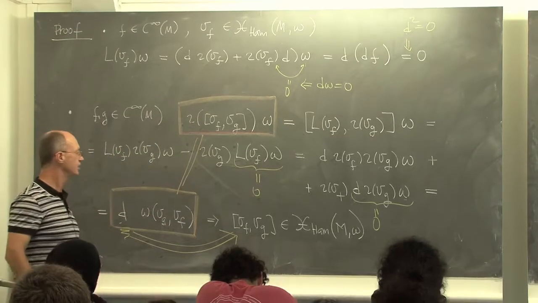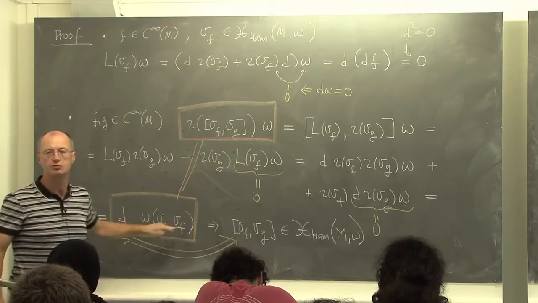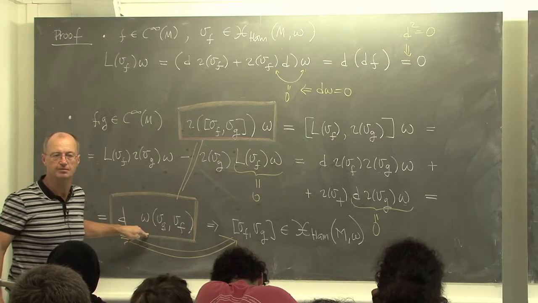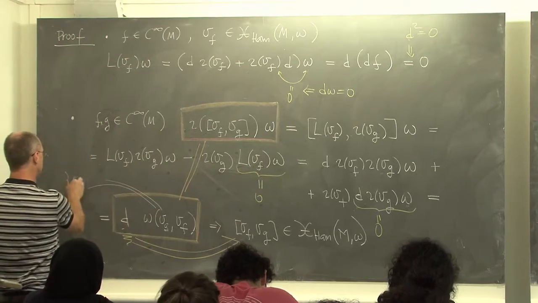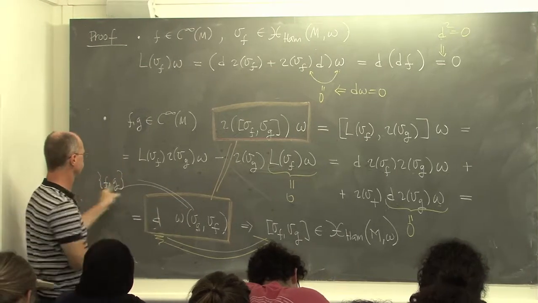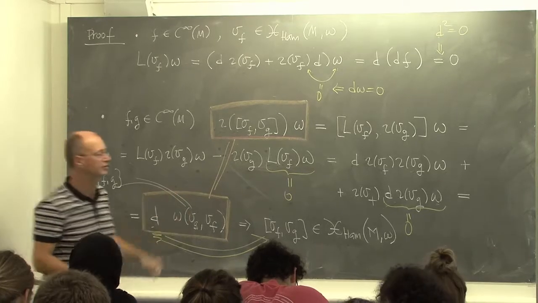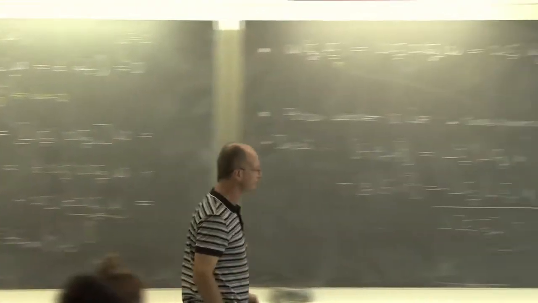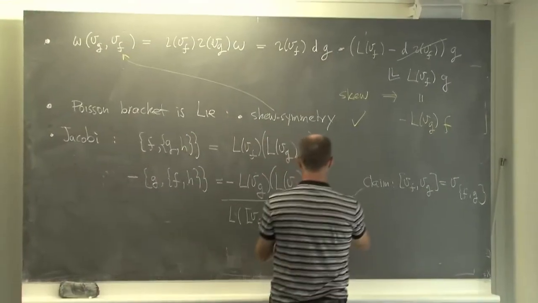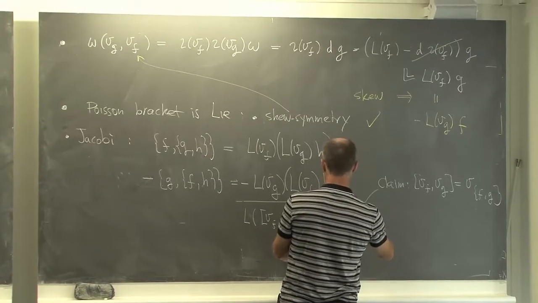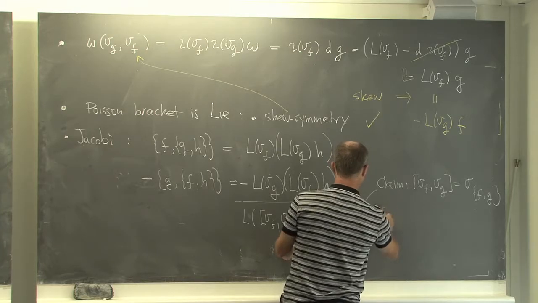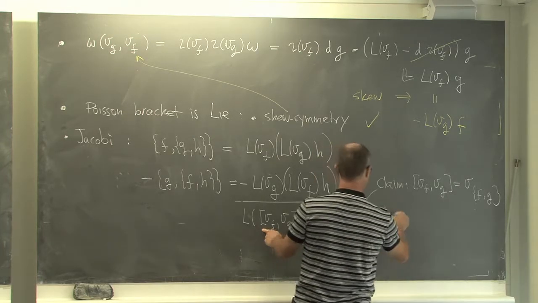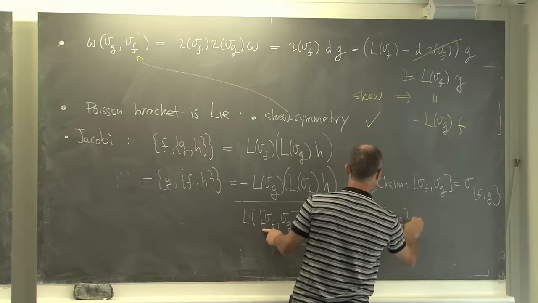This function is by definition the Poisson bracket of f and g. So this is equal to the Poisson bracket of f and g,